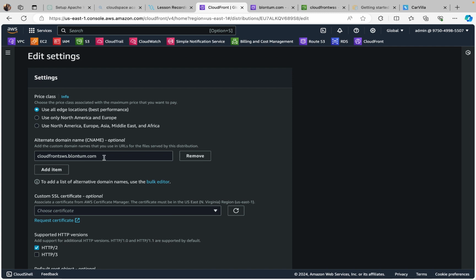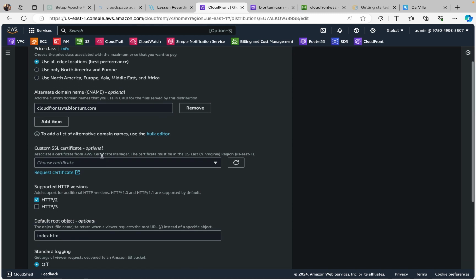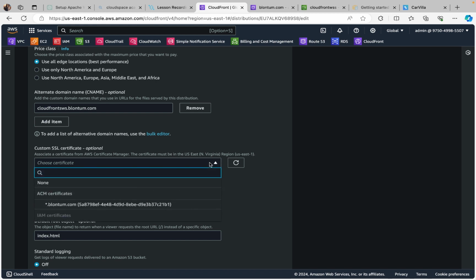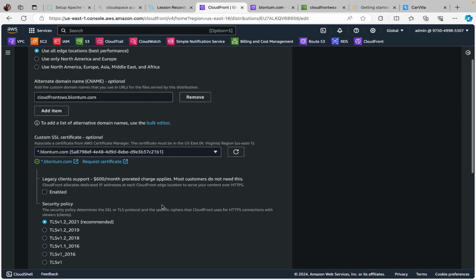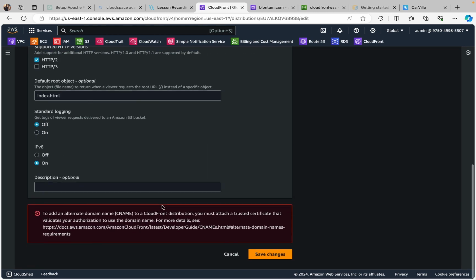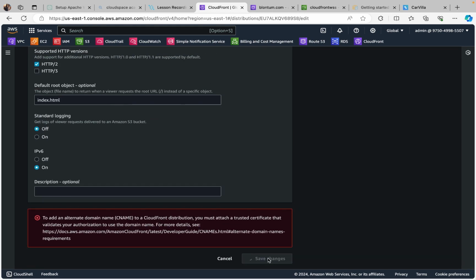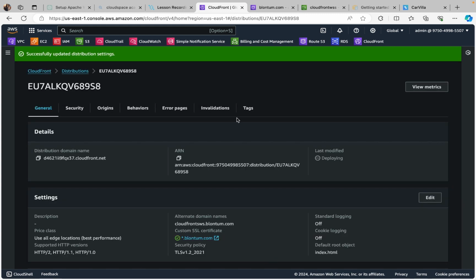We do have a trusted certificate. So let's come down here and add our trusted certificate. And we have this one. All right, so we have a trusted certificate with that. Let's save the changes and see what it's going to say. Okay, there you go. Good. So now let's go back to Route